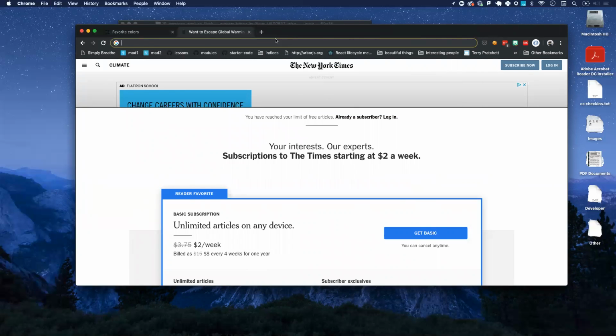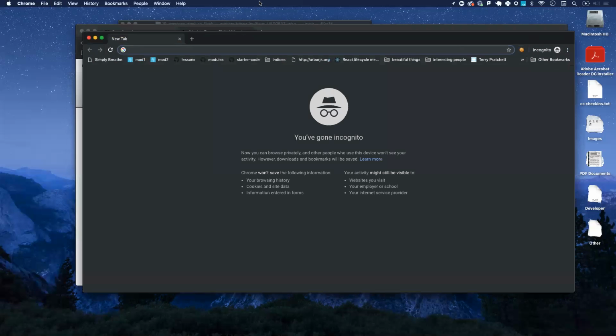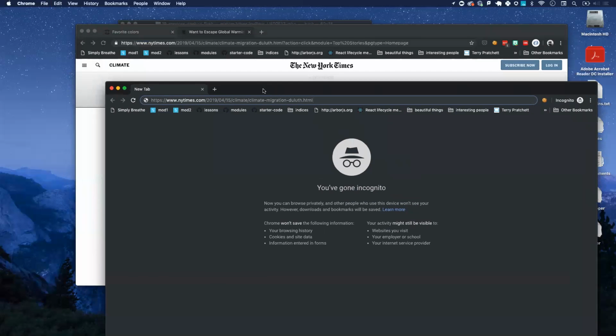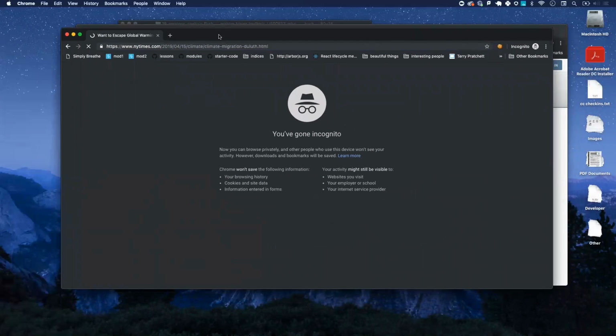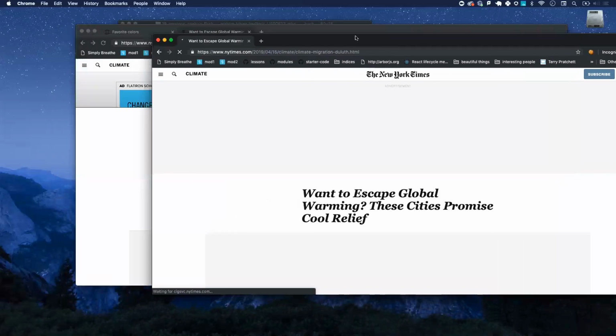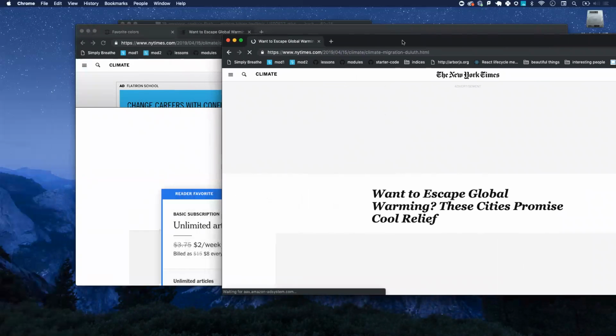So what you can do, if you don't delete the URL entirely, is grab the URL out of this and go into an incognito tab. Incognito tabs have their own bucket of cookies, and we'll talk more about what cookies are and how they work in just a second. But if I go to this same website, same URL, same browser, just an incognito tab,